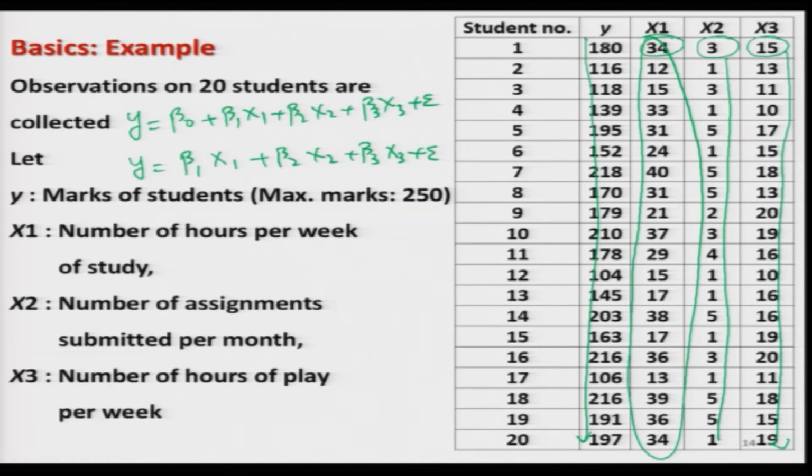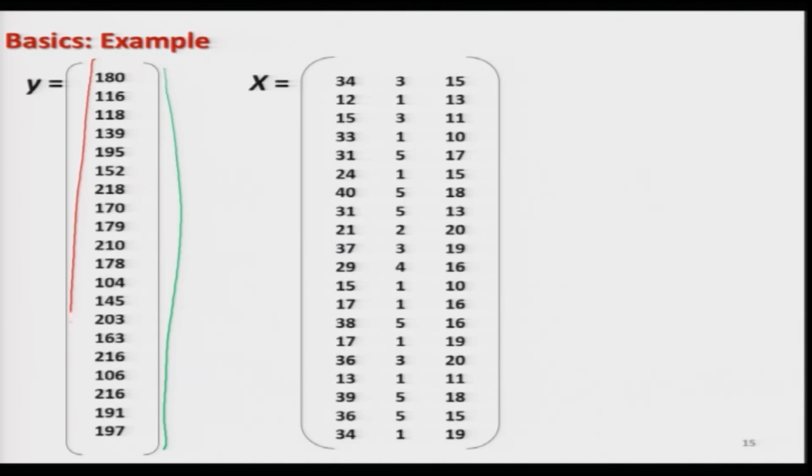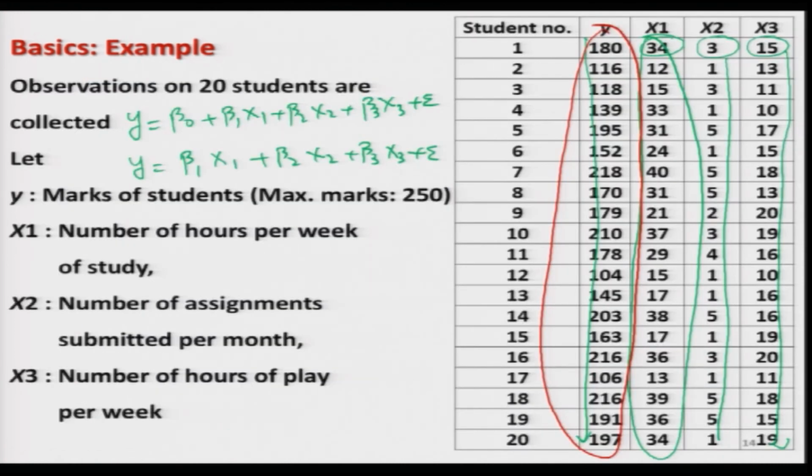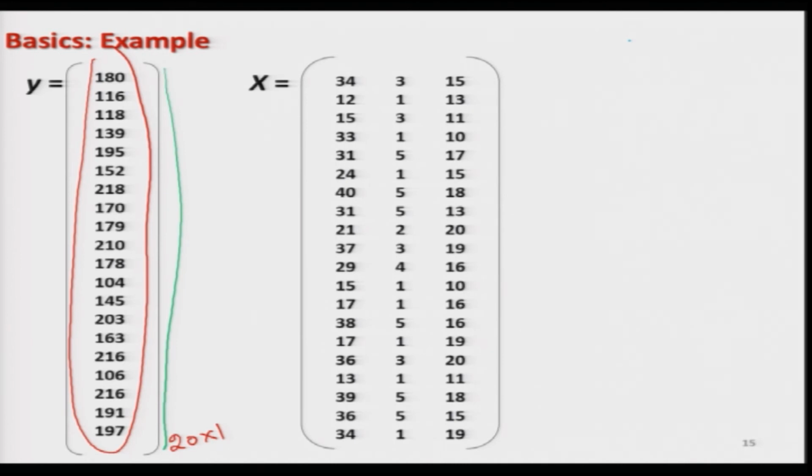I will make it in red color. This whole data set is copied here, but now in the form of a vector. This is a vector of order 20 by 1. And similarly, the variable x1 has these values, which I am making in blue color. These values have been entered here,